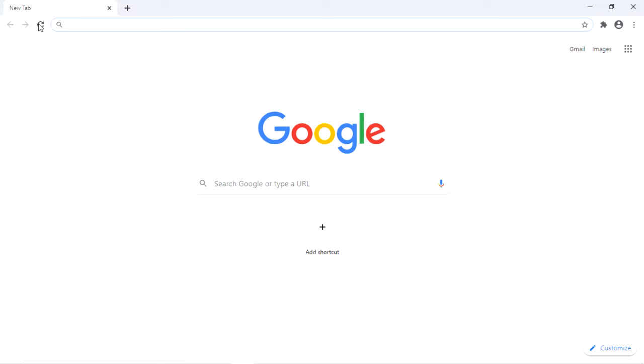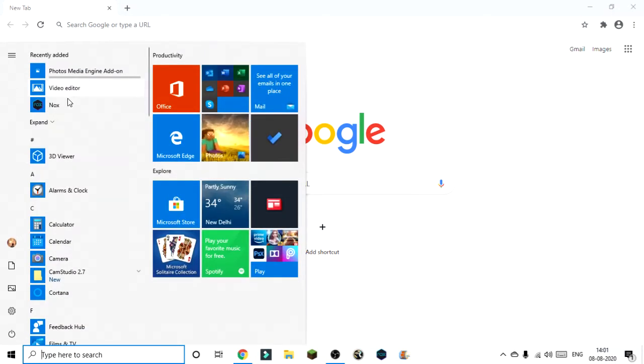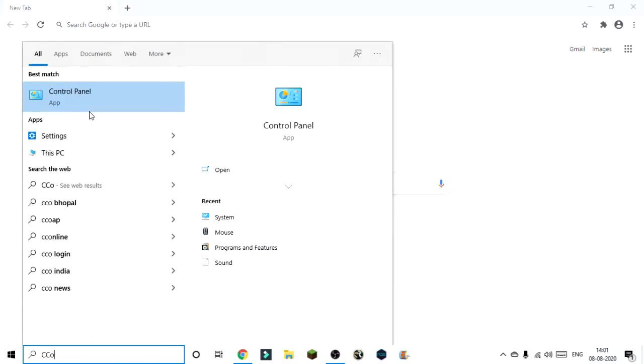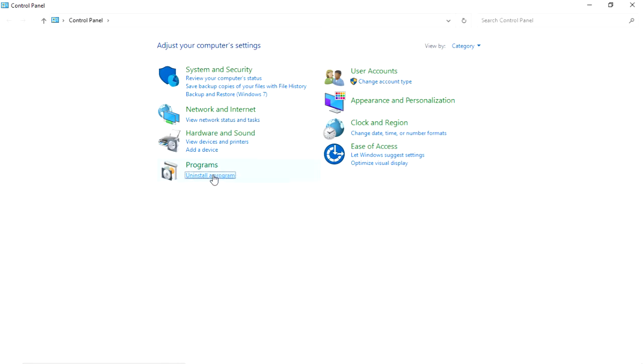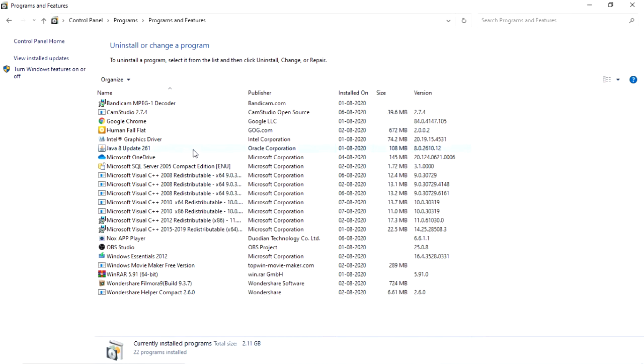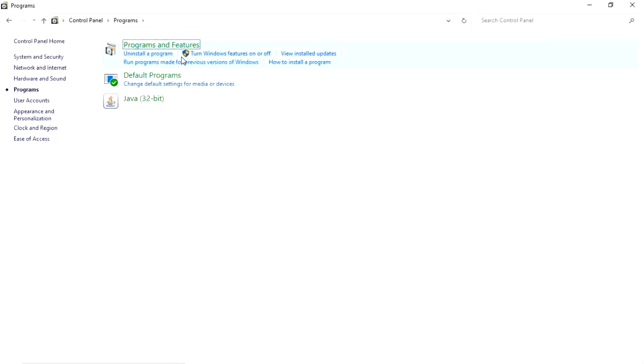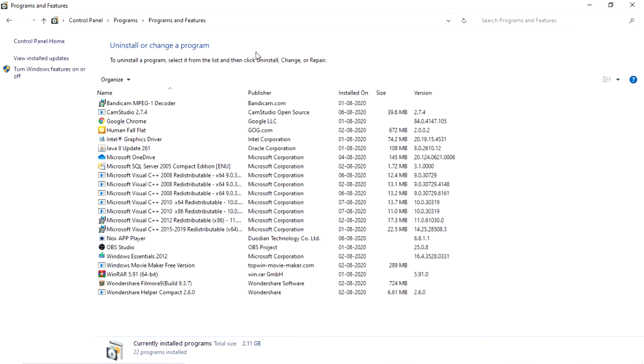To do that, there are many emulators like Nova, which I have installed, Nox, and then I'll just go delete that. I have come to know that you get better emulators than this. So it's not bad, like Nox. I'm not saying bad to Nox, but just that I don't want Nox. So where did Nox go? Programs, programs and features. Nox app. Yeah, I just want to delete it, and I want a new one.